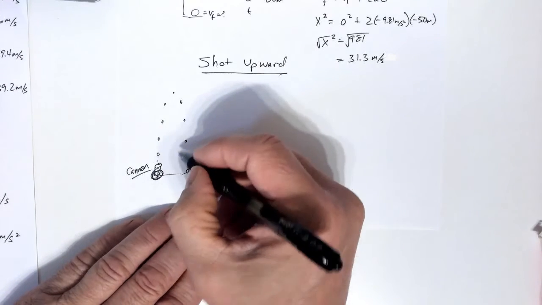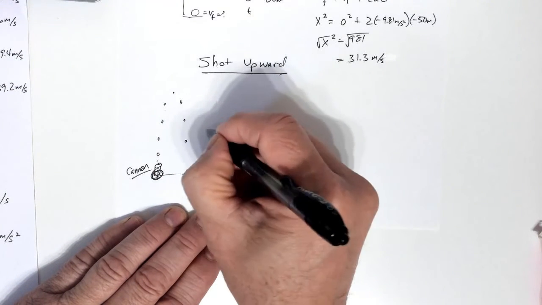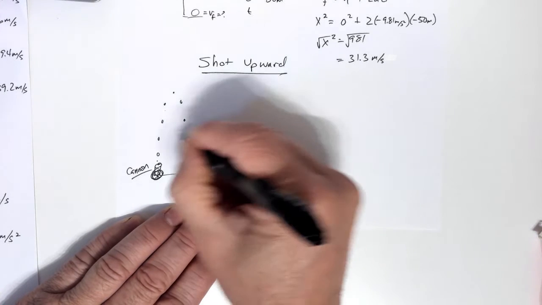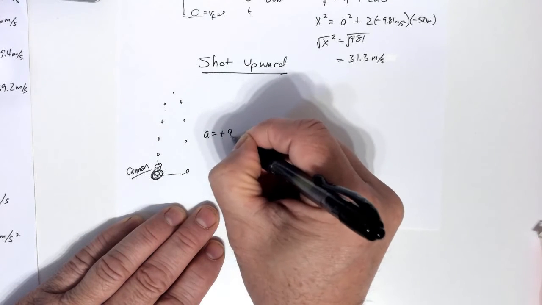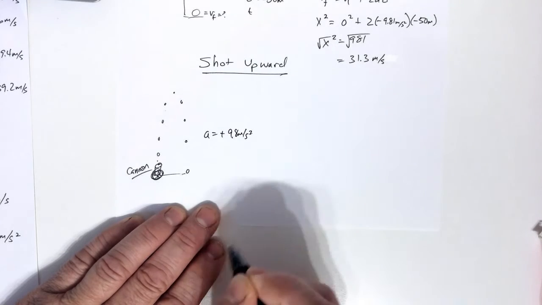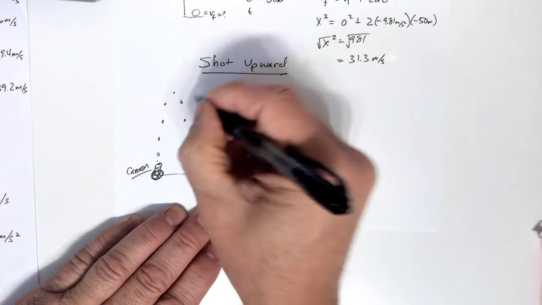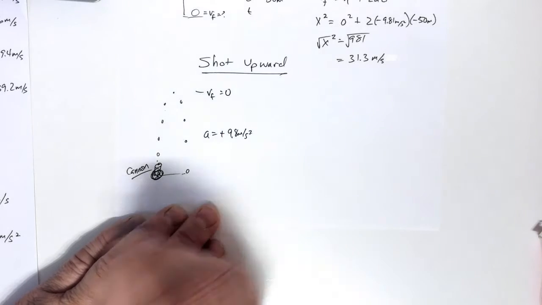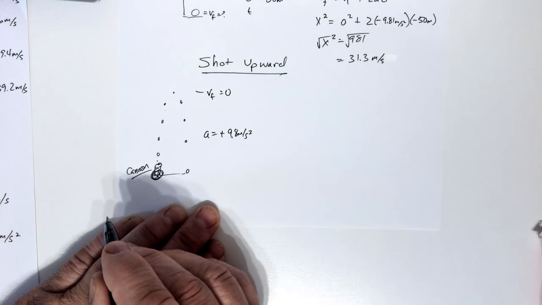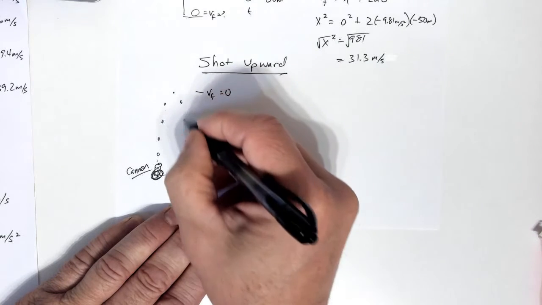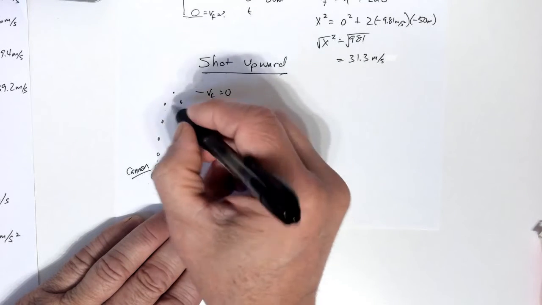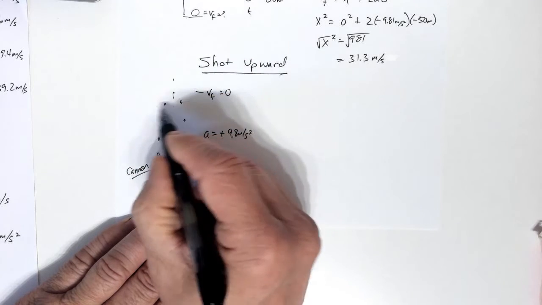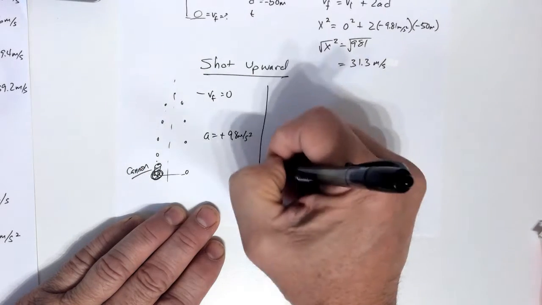I want you to understand as it goes up, it is decelerating. A is negative, but it's positive, 9.8 meters per second squared, okay? But it's also slowing down. At the top, the final speed is 0, okay? And the distance it rises is the same as the distance it falls. But if I wanted to look at this side of the equation, so I can kind of divide it, I look at this side as the top, but if I want to look going downward,